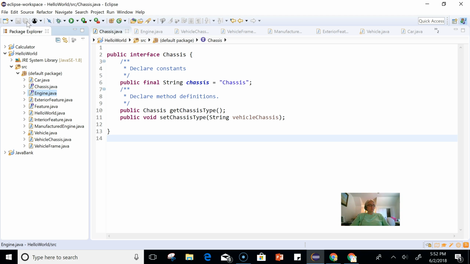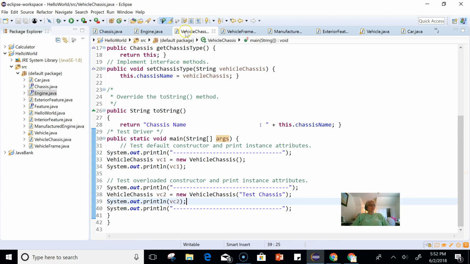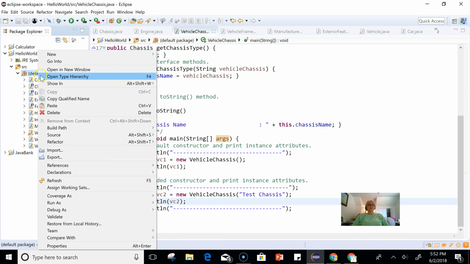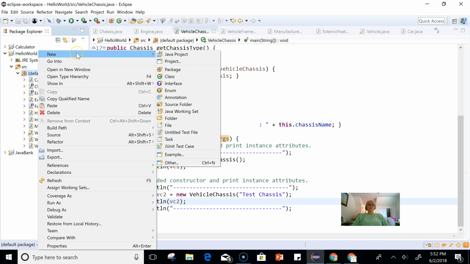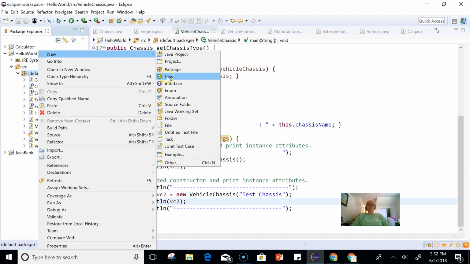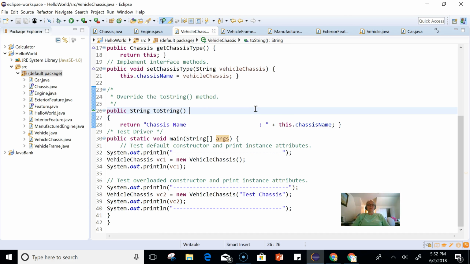Part 3 was a concrete class, and that was created. The vehicle chassis class. Again, I went to default and right-click, and I did new, and there is the selection for class. And again, I named it as I did the interface. Okay,